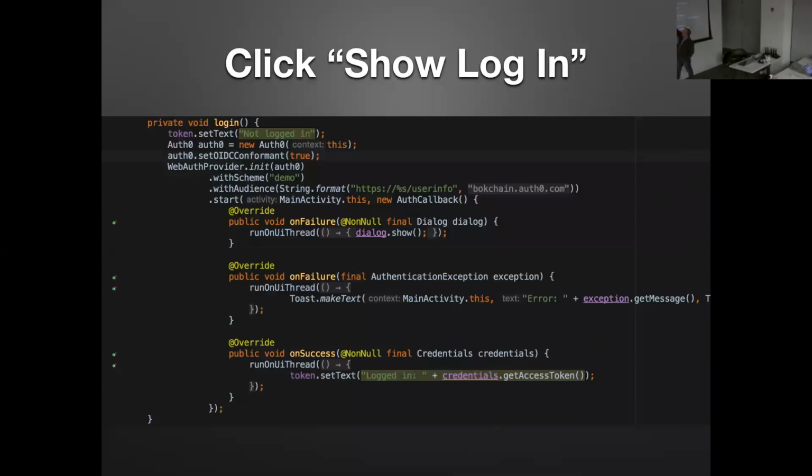Actually, just above that list screen, that's where the demo prefix goes. And then the audience, this kind of defines what our domain is, so we know who we're authenticating against in the Auth0 system. That identifies my client app. And then there's a failure that shows a dialog. There's a failure if they have an exception. Otherwise, on success, you can do something. And all that's happening here is changing that text view and just saying logging in. And then this special credentials object, you can do whatever you want to. Here, we're just showing the access token. And that's something that you'd want to persist and securely save if you want to save that.